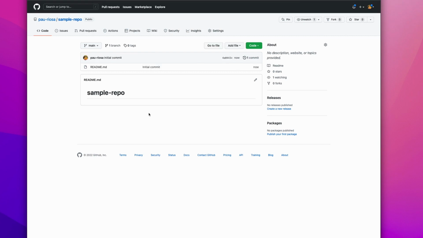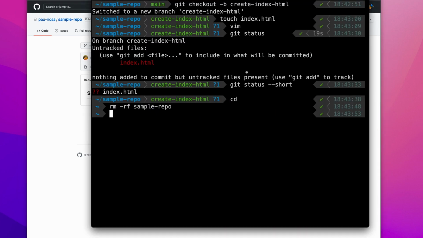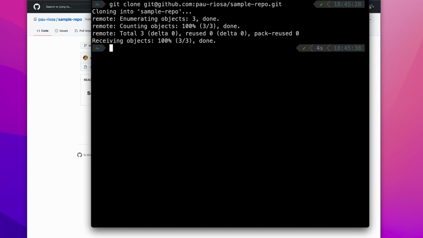Alright, so now that we have our initial repository, let's go to code, click code, and then make sure you use the SSH, then click copy, and then go to your terminal and run this command, git clone. Alright, so now that the cloning is finished, let us now move to the folder,